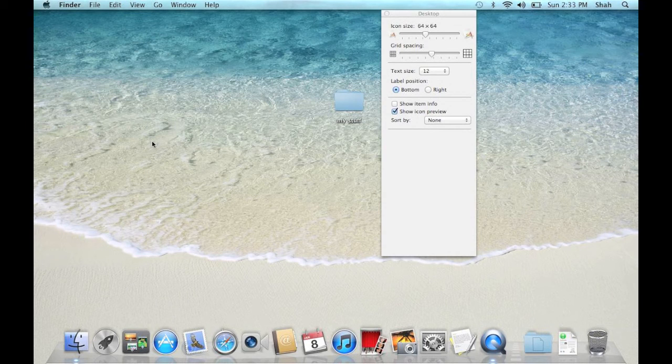In the Arrange by pop-up menu, choose Kind. All the icons on the desktop will arrange themselves on the right side of the screen. You can change other parameters as well. Close the window when done.